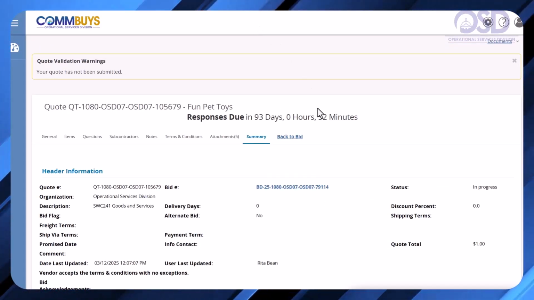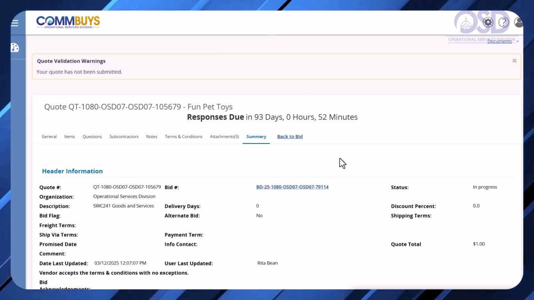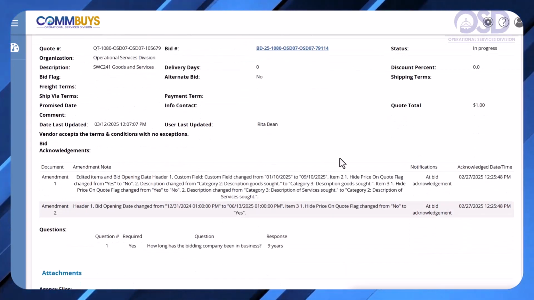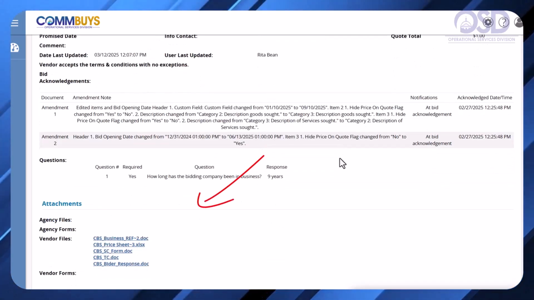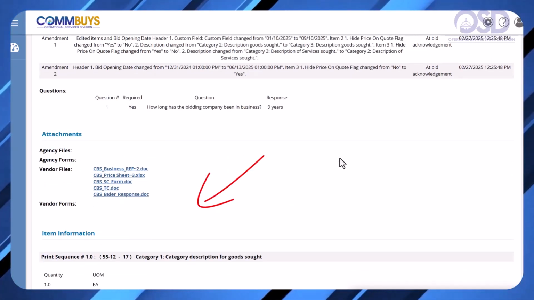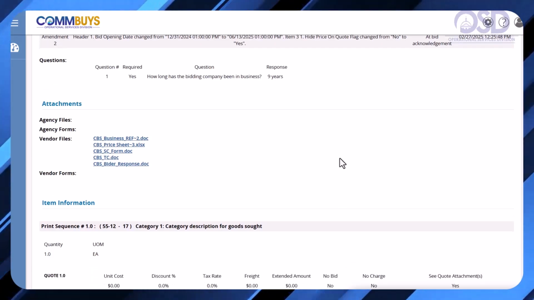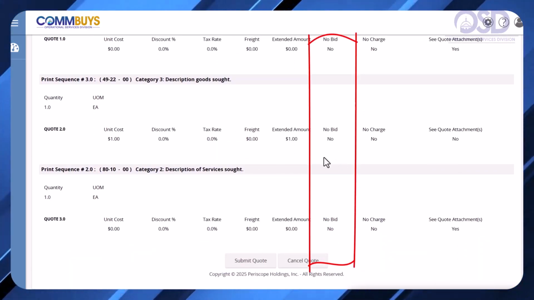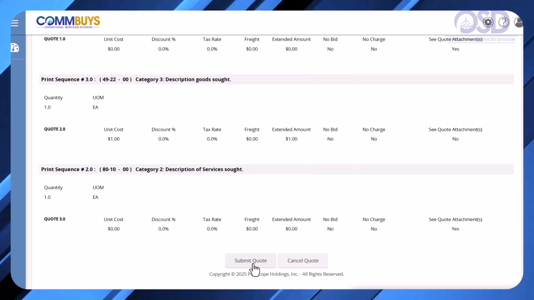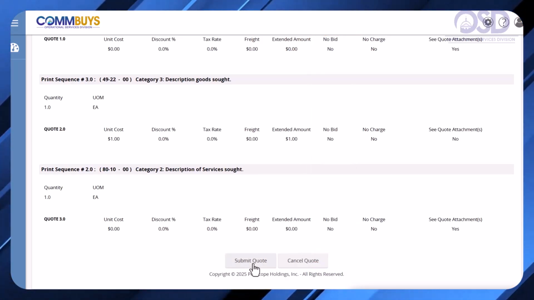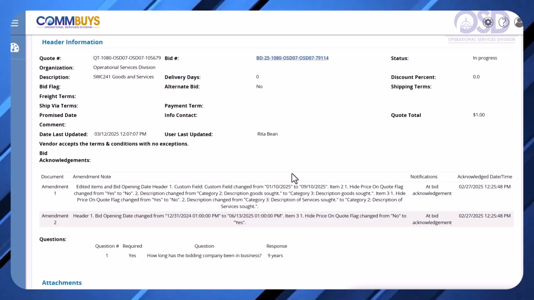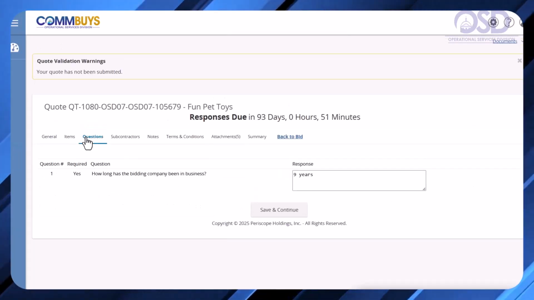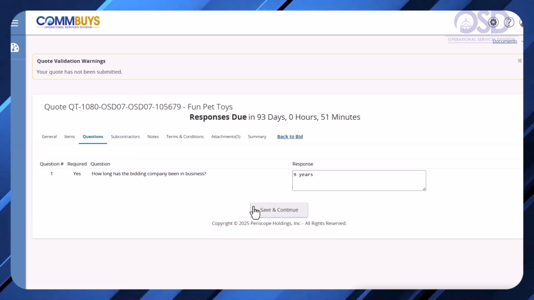The last tab is the Summary tab. From the Summary tab, you can review all of the details for your quote response. Double-check the attachments. Under Item Information, make sure that the word No is displayed under the No Bid label for your desired category or categories. If you notice something you would like to change, select the related tab, Edit, and save the changes.